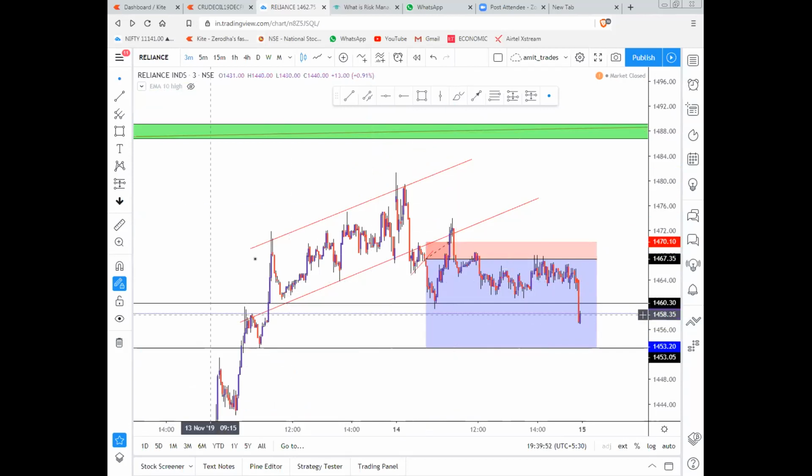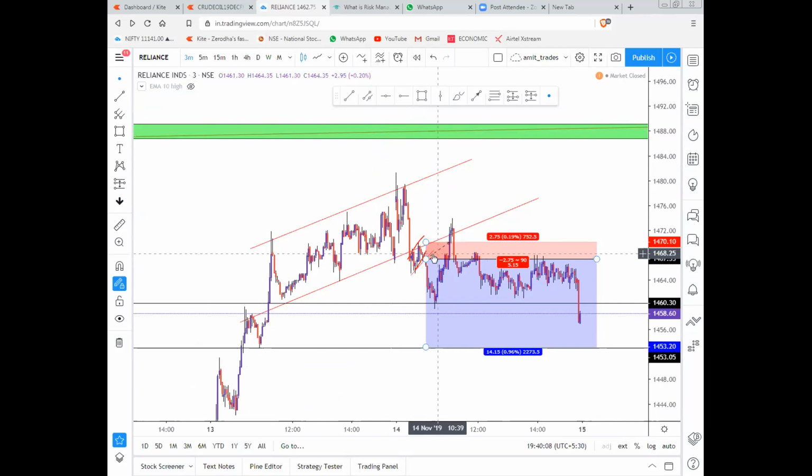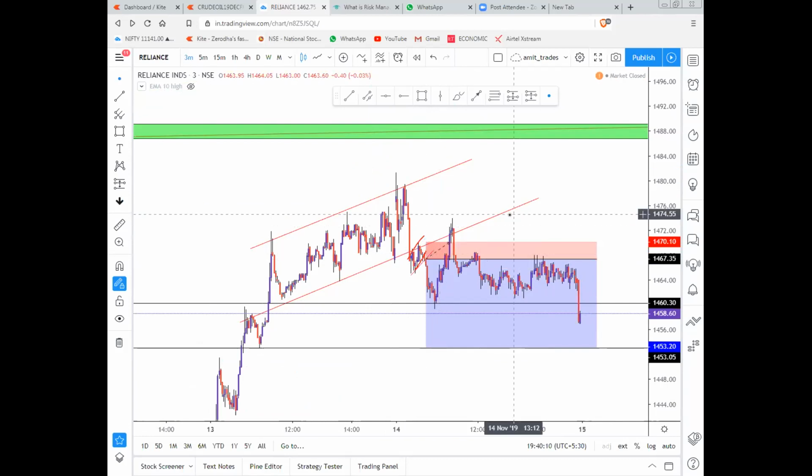ये एक असेंडिंग चैनल बना रहा था, इधर से छोटा बनाया, मतलब ब्रेक करने के बाद थोड़ा करेक्शन हुआ। फिर इधर से मेरा सेल था। मेरा स्टॉप लॉस ये था, इसके ऊपर का स्टॉप लॉस था, और टारगेट पहला ये था, दूसरा ये था। उसने एक्चुअली बीच में मार्केट अप गया, तो रिलायंस भी ऊपर चला गया, तो स्टॉप लॉस हिट हुआ।